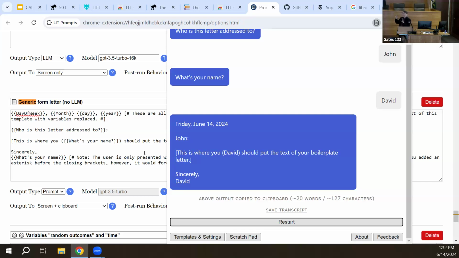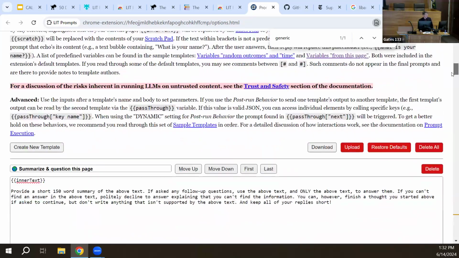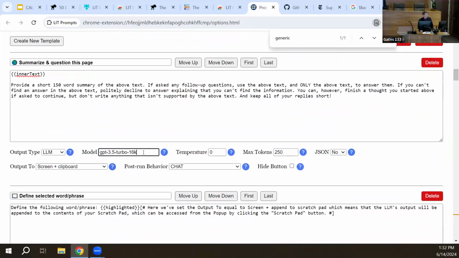But now I can imagine, what if I wanted to take that form letter, basically that form output, and then send that to an LLM? And that's what we're doing in all these other cases. We're basically sending them to an LLM. So let's revisit our first one. There's the model that I'm using. So in this case, it's using the